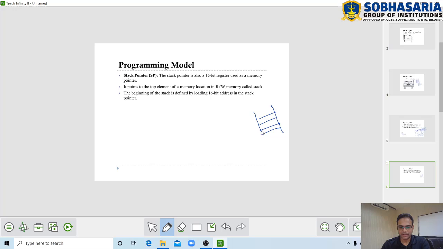Suppose there is a memory segment of a microprocessor which is connected to the microprocessor, and there is some data stored in this stack segment. So obviously there will be certain addresses, suppose 3003, 3004, 3005. If we declare this memory segment as a stack, the stack pointer will contain 3003. The address of the top element will be stored in the stack pointer, and if we push further any other data